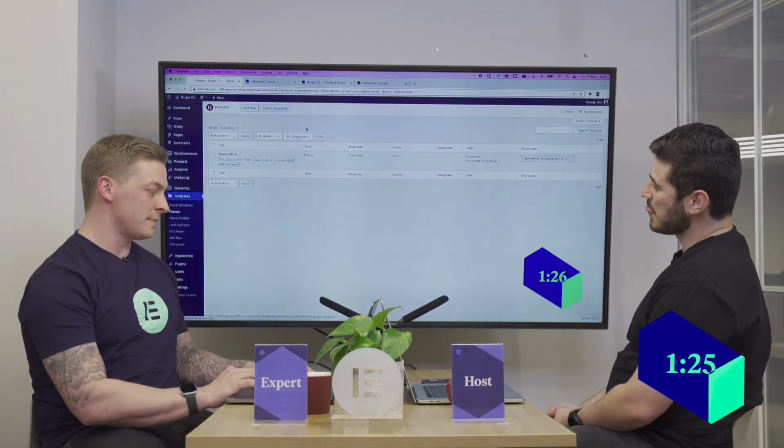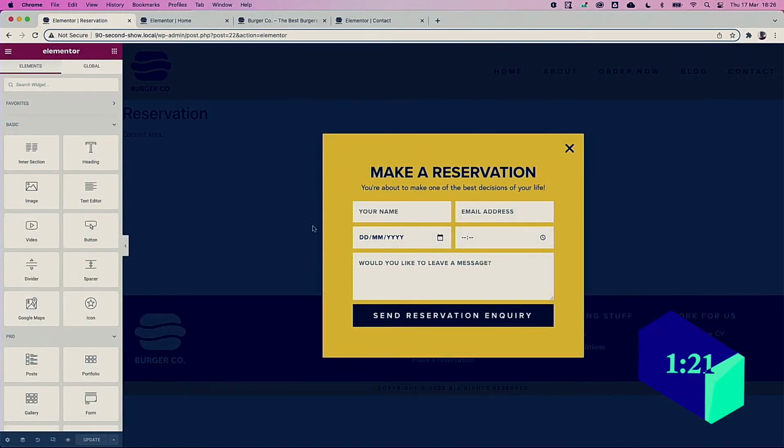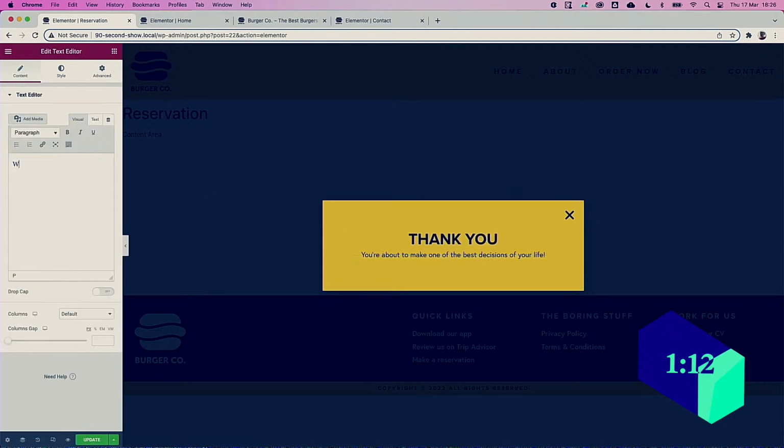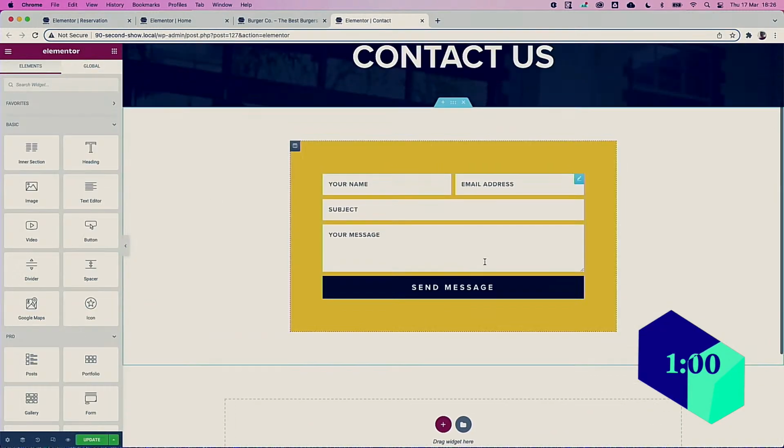All right, cool. So we're going to really quickly duplicate a pop-up that we already have. In fact, let's just change this one. So we'll get rid of the form, and we'll say thank you, and then we can type we'll be in touch soon. And update. So this pop-up is called reservation. All right. So if we now head to our contact page, which we were working on earlier,